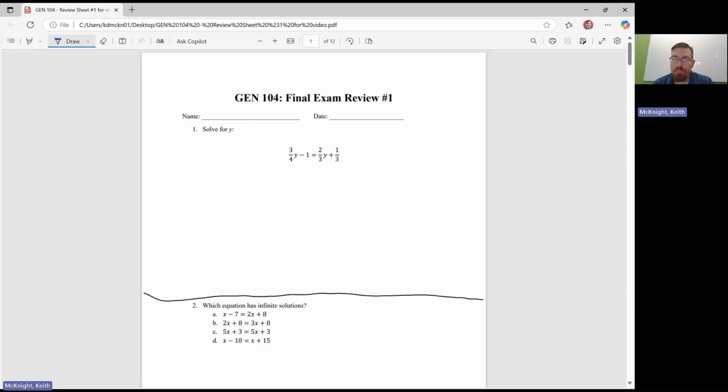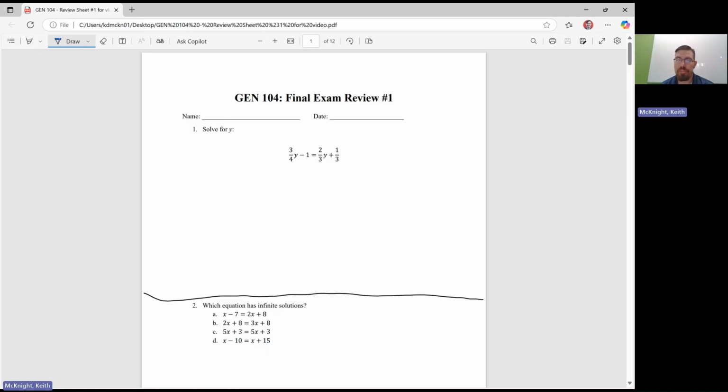So starting with number 1, we're asked to solve for y here. When we're solving an equation, we have two sides that are set equal to one another. And when we have two sides of an equation set equal, whatever we do, as long as we do it to both sides, we can do whatever we want. We want to do things mathematically that will help us solve for the variable they asked for. That means getting that variable all by itself on one side of our equation. So we're going to undo the equation a little bit to get y by itself,